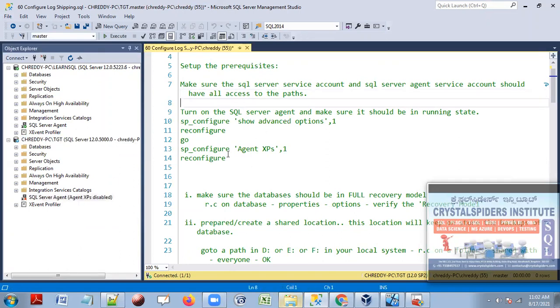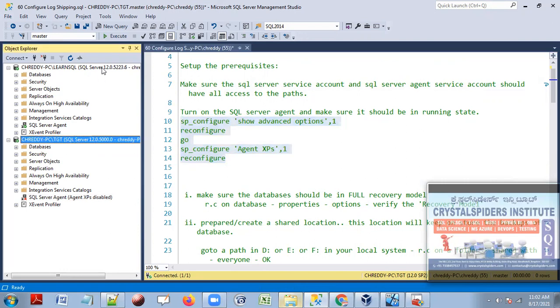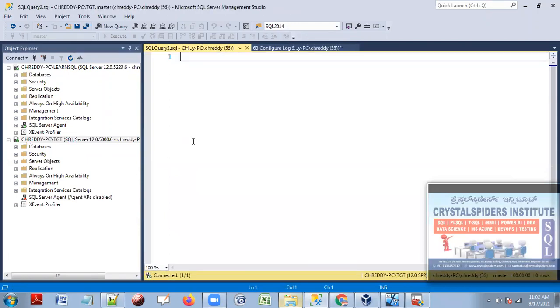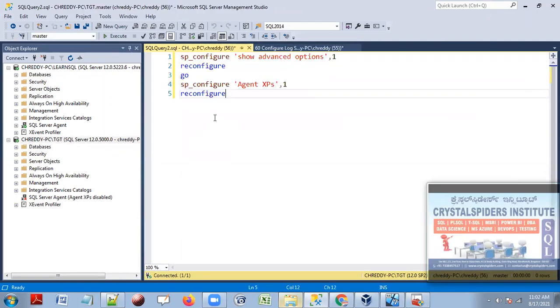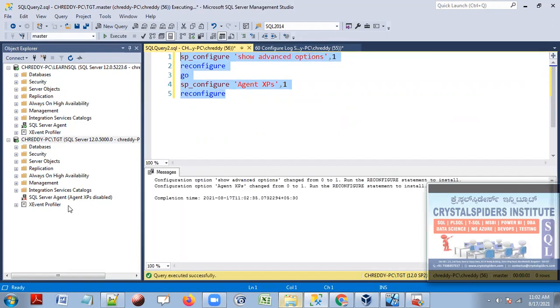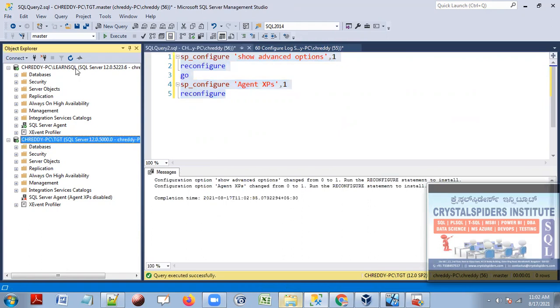How do you enable it? Here we have this turn on SQL Server agent. We need to enable that and make sure it is in a running state. These are the commands, guys, to turn it on, because we already tested these commands last session. So I'm connecting. Let me open one new query window on the TGT server. How do you open it? Right click and say new query window. It will be connected to the TGT server by default. And in the TGT server, I'm going to execute these commands. These commands will help to enable this SQL Server agent here. So just do refresh here. Now it will show that SQL Server agent is.